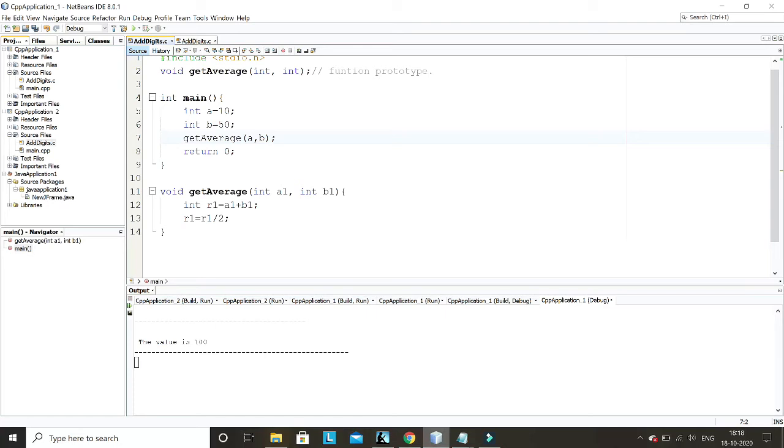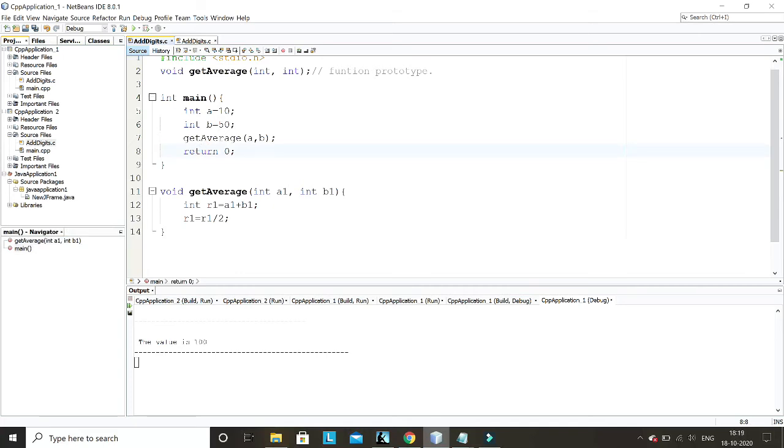The value of a will be copied to a1 and b to b1, so a1 will be 10, b1 will be 50. Integer r1 will be a1 plus b1, that is 60, and after this line the value of r1 will be 30, the average. Then you will return from here to here, and your program will stop. So you are not displaying it.